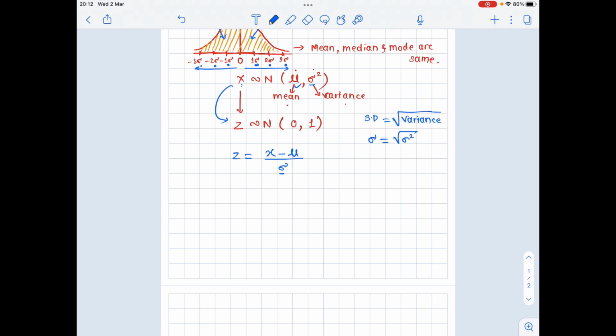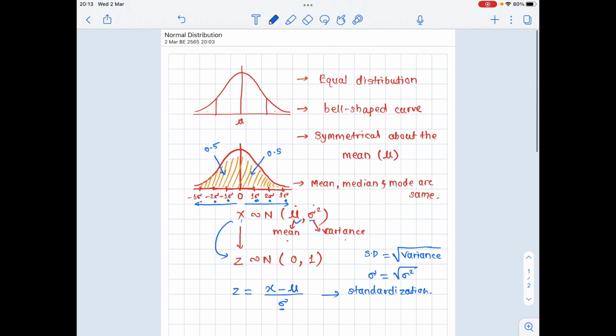This process is called standardization. Now we will start with the basic problems of normal distribution. In that I will teach you how to use a calculator